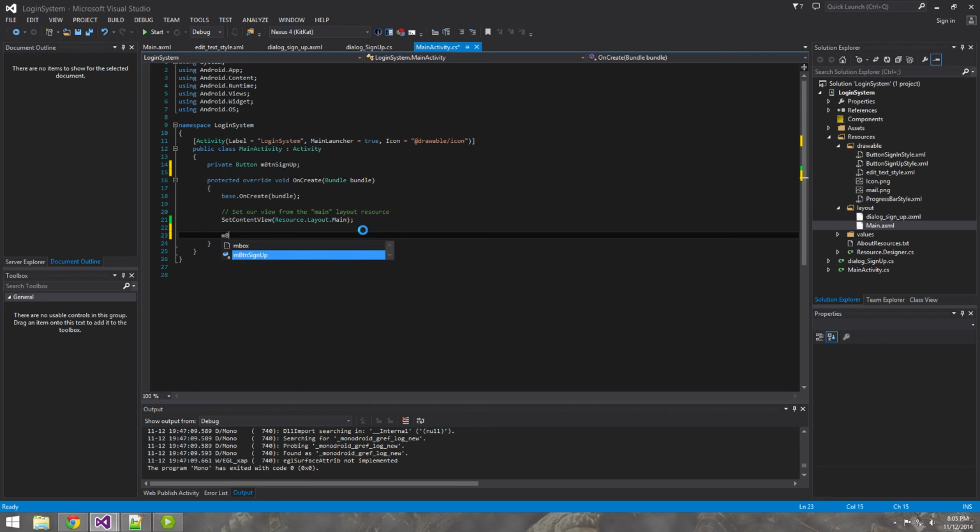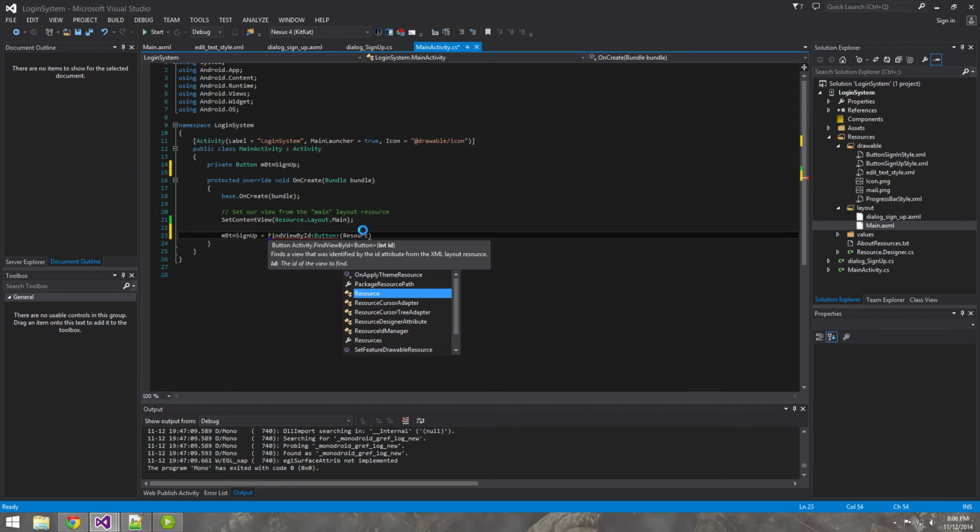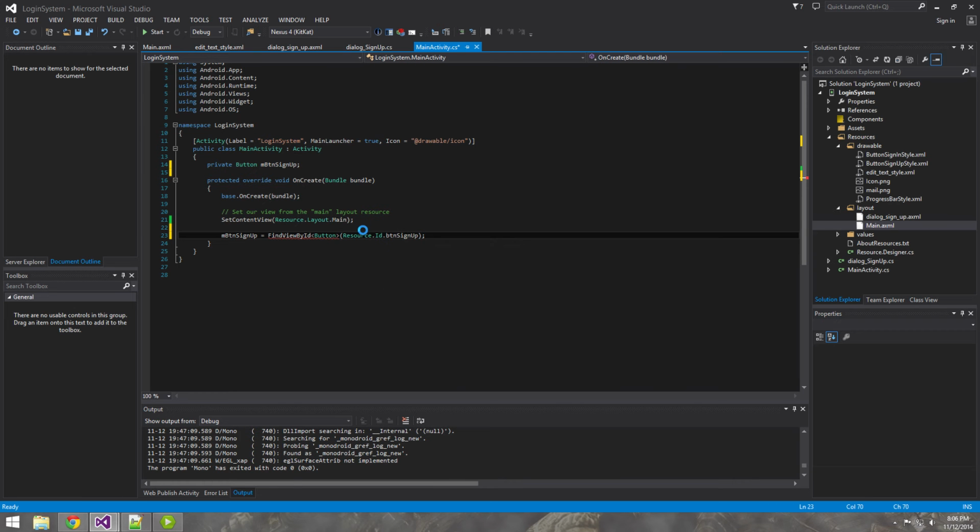All right, so the first thing that we want to do with this is get a reference to that button that we made in the AXML file. Okay, and the way we do that is FindViewById, and we send it a button type to the generic, and we find it by the ID, button sign up. Okay, so now that button is the button that we have used in the AXML file. And the next thing we want to do is register the click event. And there it is. Okay, so we basically say, okay, when this is clicked, call this method and execute any